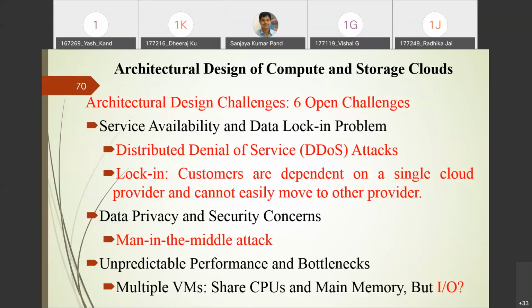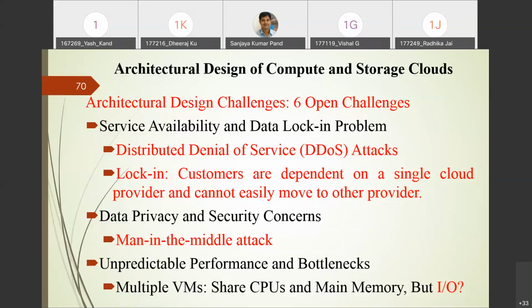They cannot easily move to another provider due to data constraints, API constraints, library constraints, and many other constraints. So you are locked in a single cloud service provider. That's why it is called data lock-in. If you are using Amazon cloud, and some other cloud service provider gives an offer, if you are planning to move, it is difficult for you. So it is still an open research problem in cloud computing.